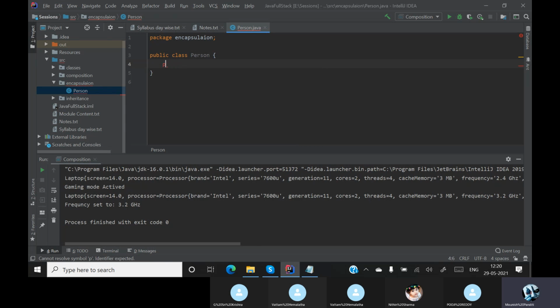So let me make it public first. Public string, a person has a name. Public int, he has an age. Public string, let us say gender. Okay, these are the properties. Yes or no?